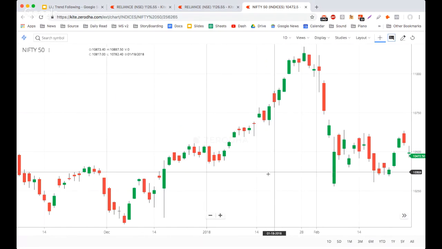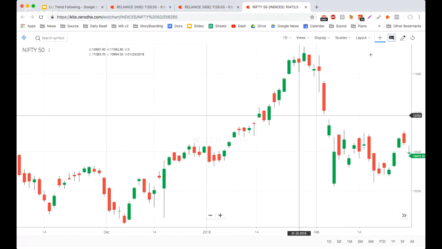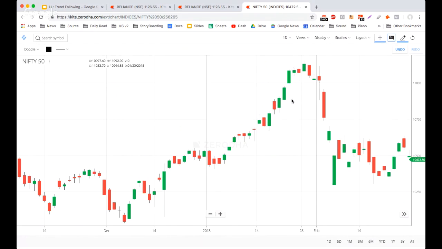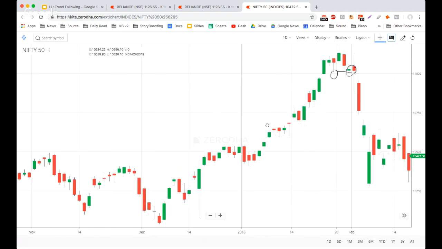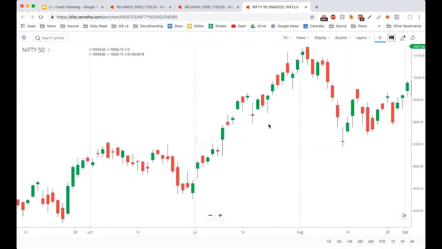So this is another that we saw in the start of 2018. Look at this. This is another swing low right here, which was broken right here. And we know that the uptrend is in danger. Sure enough, the market seemed to fall after that. Then let's see any other fall after.